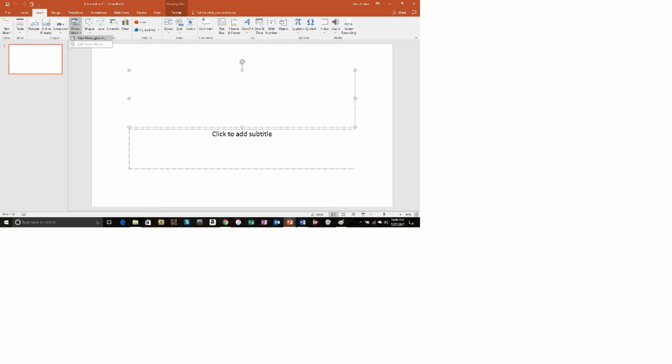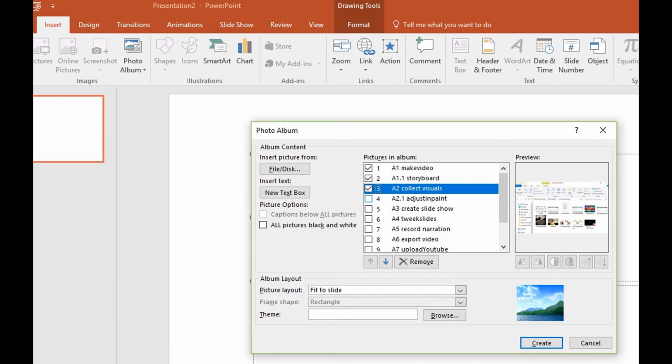Then when you're in PowerPoint, it's time to bring in your slides. So you will, from the Insert menu item, you'll see Photo Album, and you're going to insert a photo album. And when you select that, you'll be prompted to pick the file from disk, top left corner. And when you pick the file and